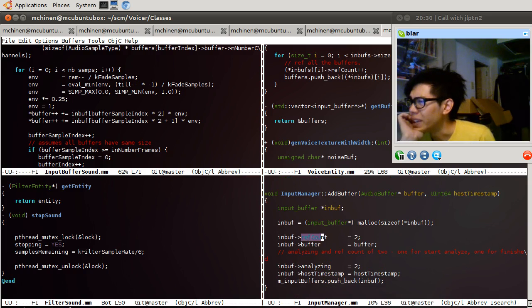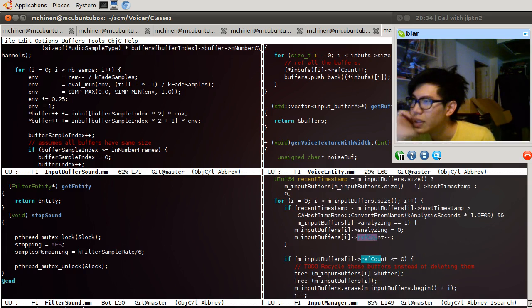That being said, there should be 2 points in input manager where they're decremented.